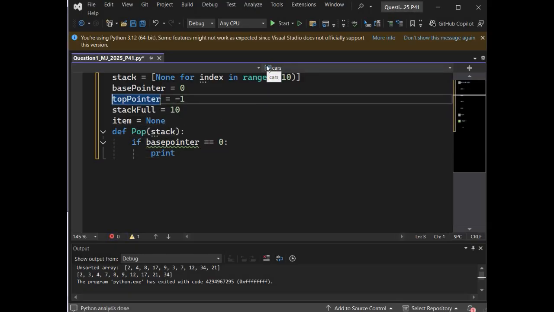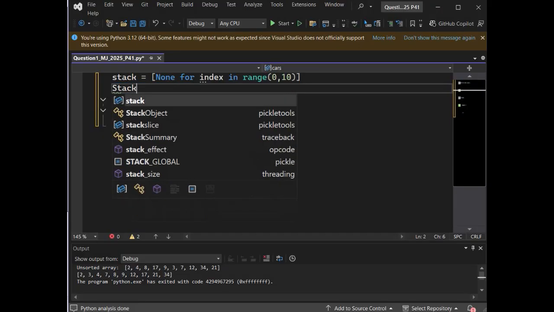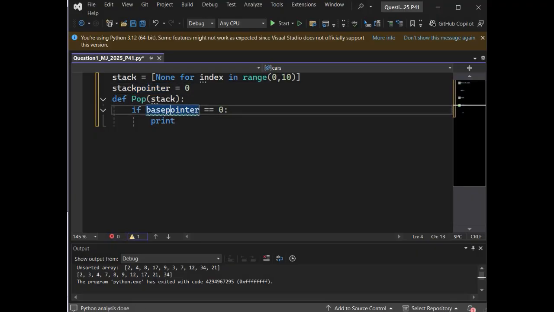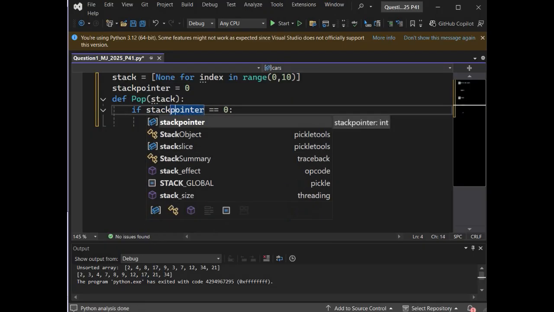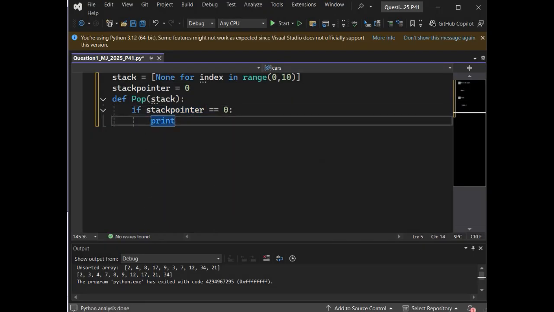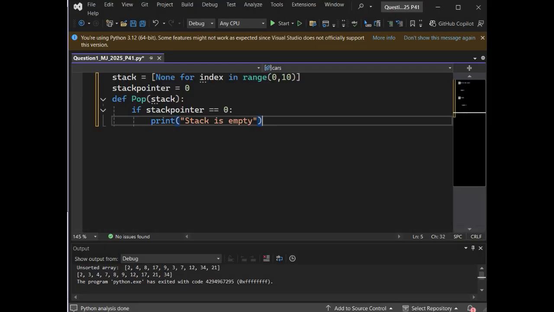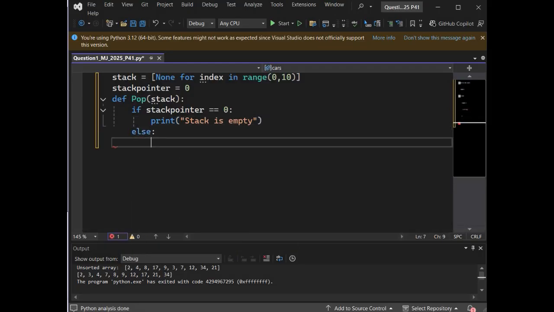One more thing we can do instead of base pointer and top pointer: because stacks can only push and pop elements in one direction, we can simply make things easier and call it stack pointer, and initialize it with 0. So if stack pointer is equal to 0, then you'll print an error, stack is empty, because that means you don't have anything else to pop, there are no more elements.